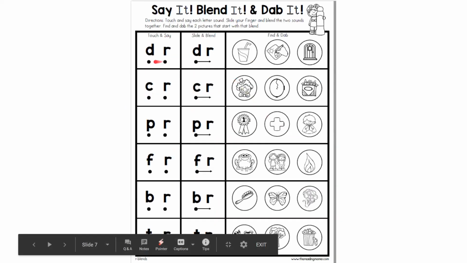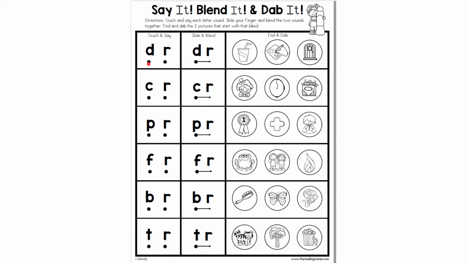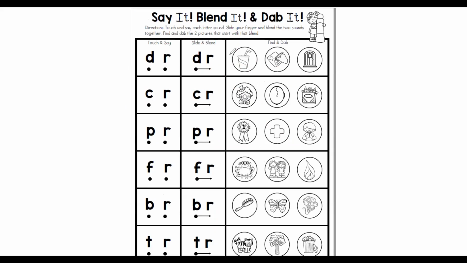In this, what are these? These are the different sounds we learned, right? D, r, d, r gives me dr, dr, dr. Now, what are the pictures that make the sound dr? This is a picture of drinking, right? Dr, dr. Someone is drinking something. It can be water, it can be Pepsi. So, dr, drinking. Do you hear the sound dr? Yes, you do in the beginning. So, I will tick mark this.